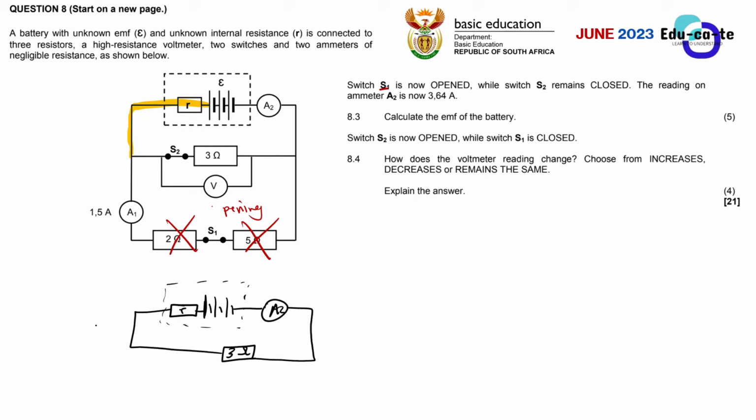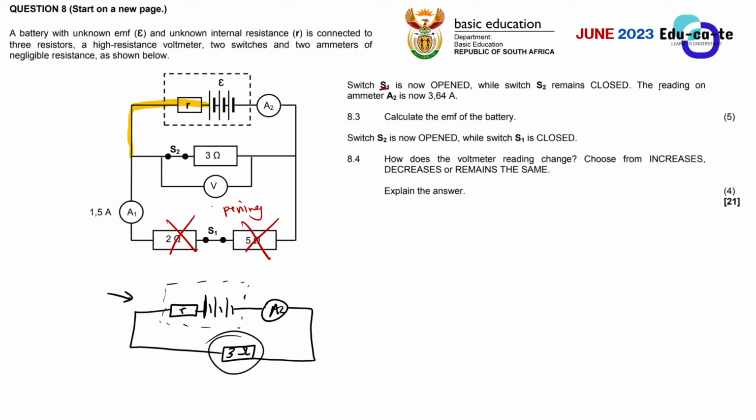So that is why when we are redrawing the circuit, we are only drawing the 3 ohms resistor alone, because these 2 ohms and these 5 ohms don't have any effect because there's no current passing through them. Just pretend it's not there, guys. We only look at things that have got current here. So when the switch S1 is open, it simply means that these 2 ohms and 5 ohms won't receive any current. So if they are not receiving any current, it simply means that they are out of the circuit. They are not part of the circuit because the circuit has to have current that is flowing through.